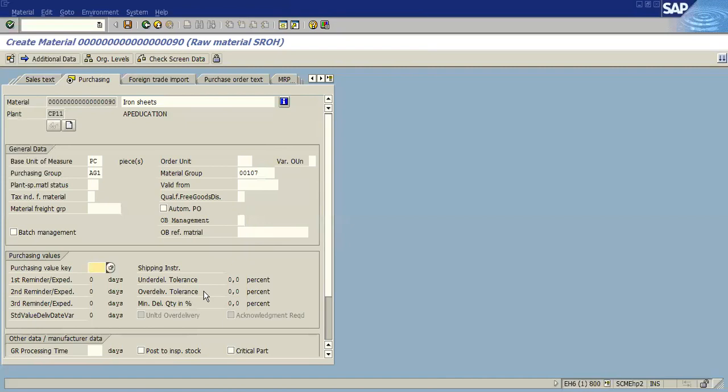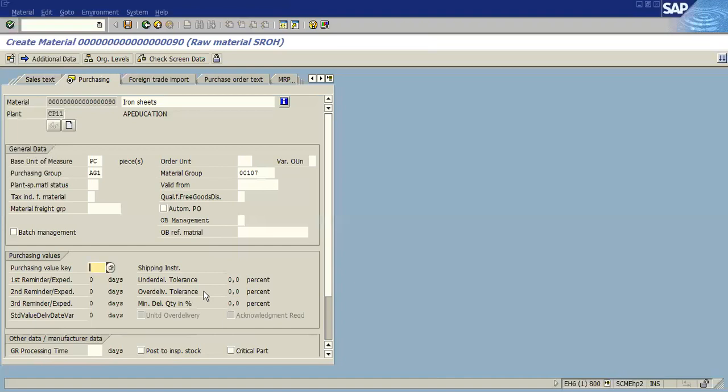And for under delivery, if you have ordered 10 and he delivers 9, that is 10% less, so if he delivers 9 also, we can accept it.